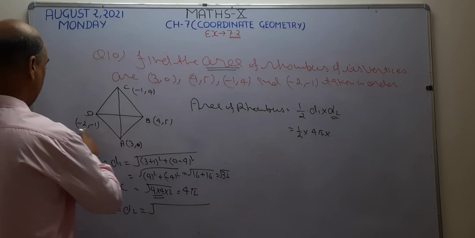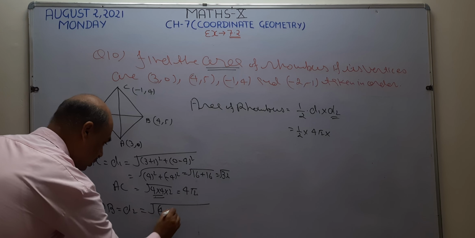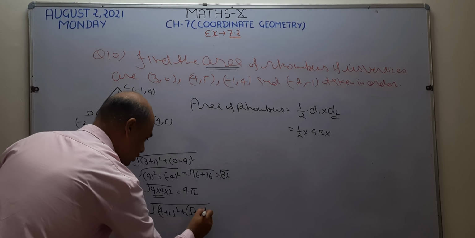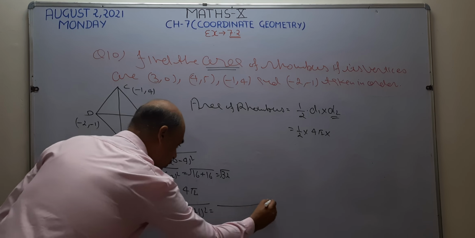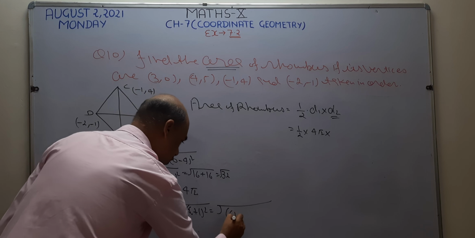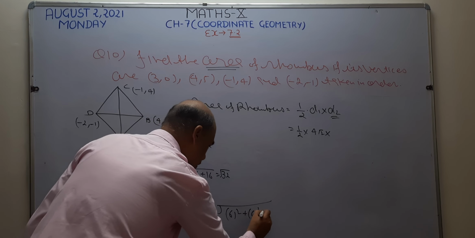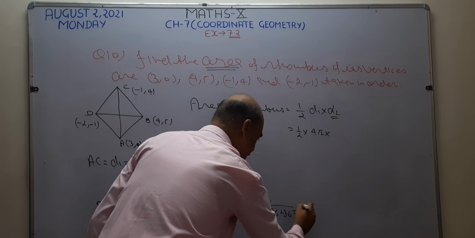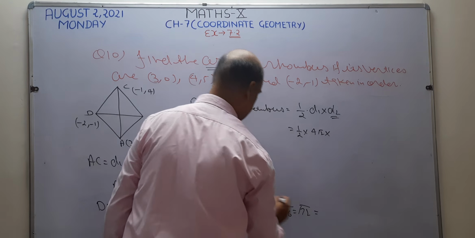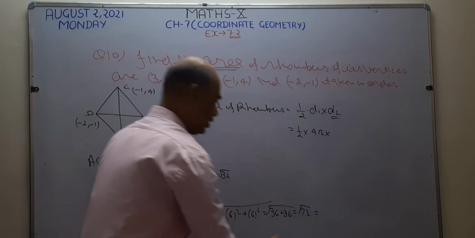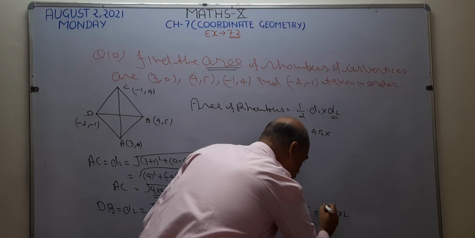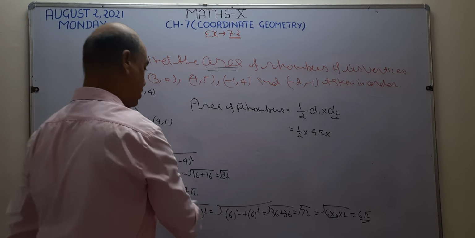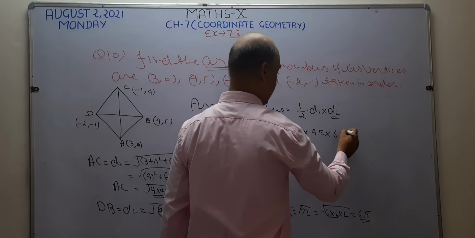So I want to again use the distance formula. So x2 minus x1, y2 minus y1. This is minus, so minus minus becomes plus. Now 4 plus 2 is 6, square. 5 plus 1, again 6 square. 6 square is 36, 6 square is 36. 36 plus 36 becomes root 72. Okay, so 72 can be written as what? 6 into 6 into 2. Now this pair is completed, so this becomes 6 root 2. Now this is your second diagonal. I am going to write here second diagonal 6 root 2.